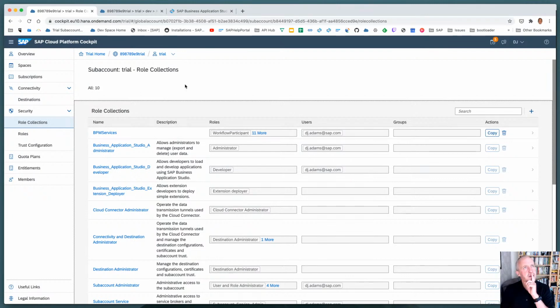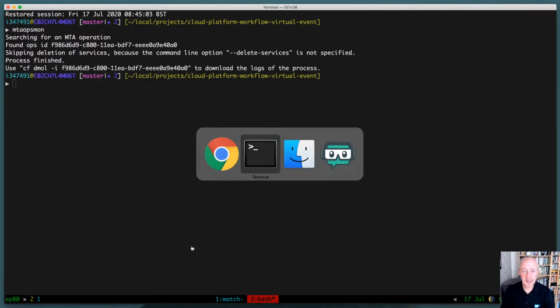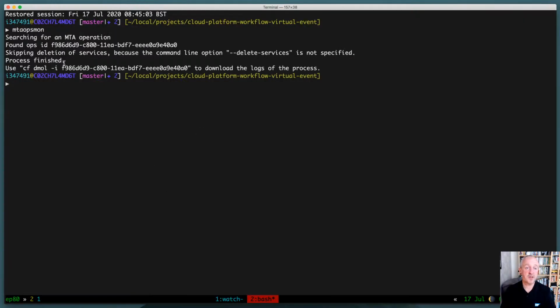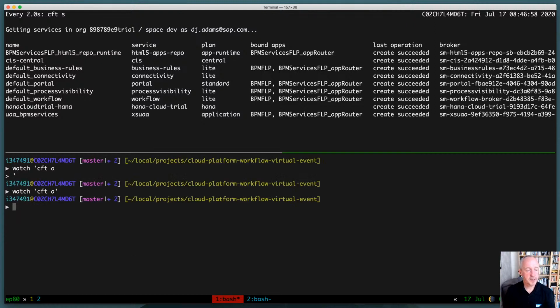What else has it done? I think that's pretty much it, which is a lot, right? So. And it's finished, right? It's executing task, deploy, and also we can see, oh yeah, process finished, right, fine. And so that's still in the stopped state. So now let us CF